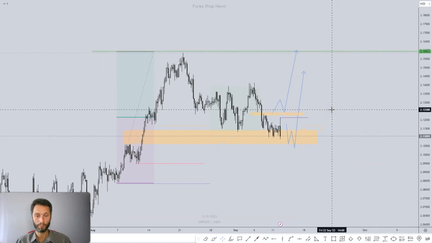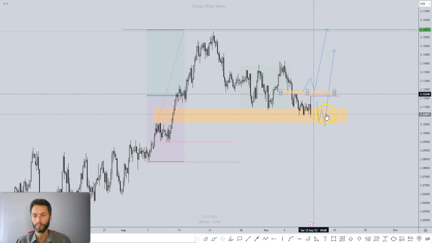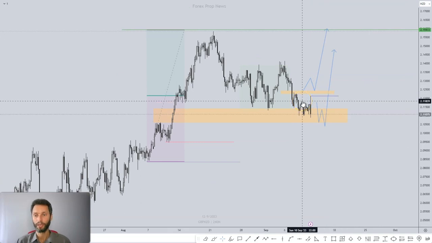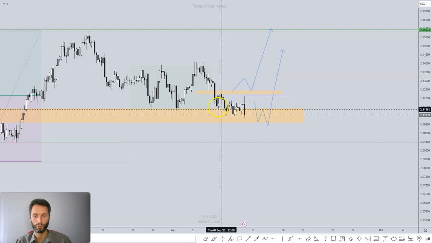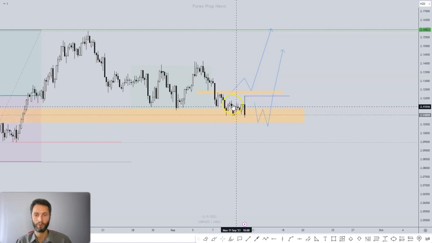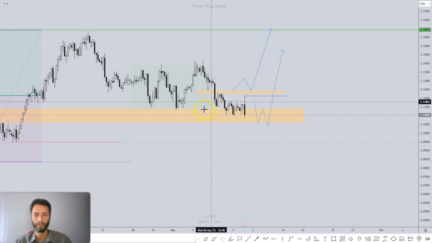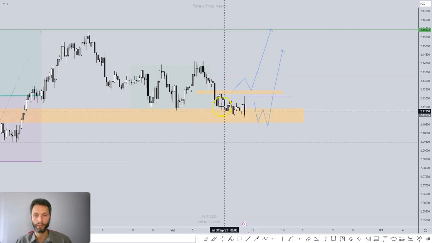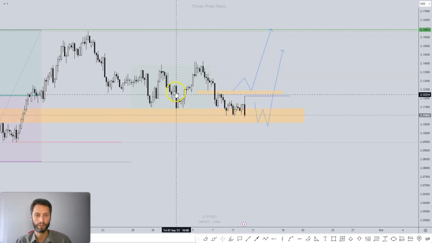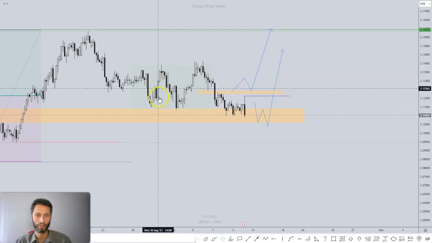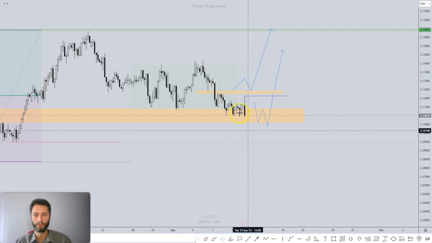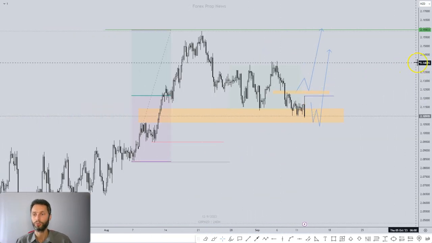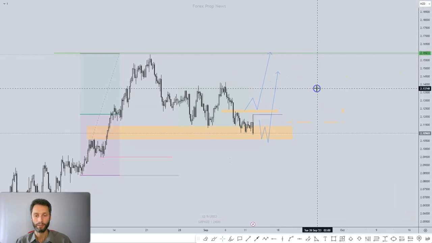This is what happens. Many times you may get trapped, you may get tricked and tempted to enter early, and as you can see, this looked like a double bottom or an area where the market moved away from. However, we did not get very big clear bullish candles. See how small these candles are compared to previous, like this bearish candle or this bullish candle here. And now that we are just popping out of this range, let's see if we get a reversal. That's the pound New Zealand update.